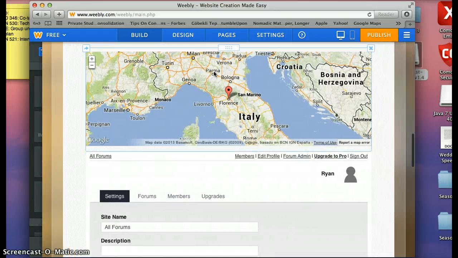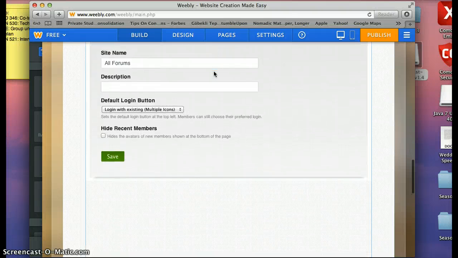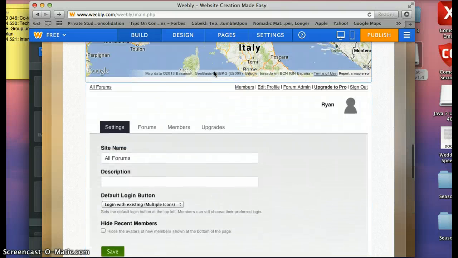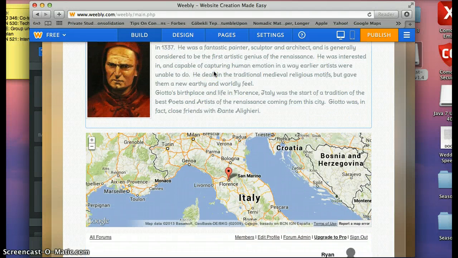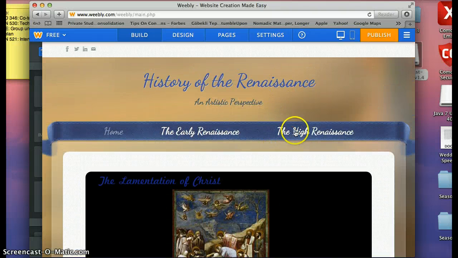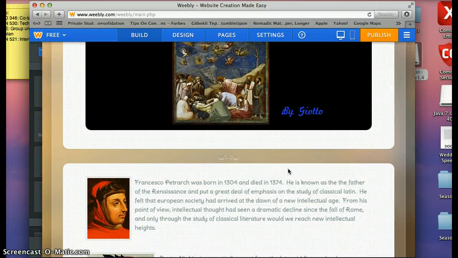So yeah, that's basically what I've done for this project, but even if you sign up for an account with Weebly, then your options aren't really limited. You have a number of things that you could do. But I would just sort of use this as an addendum, or something in addition that the kids could go on and look at. You could also put, I didn't do it here because like I said, I plan to use this in the classroom,